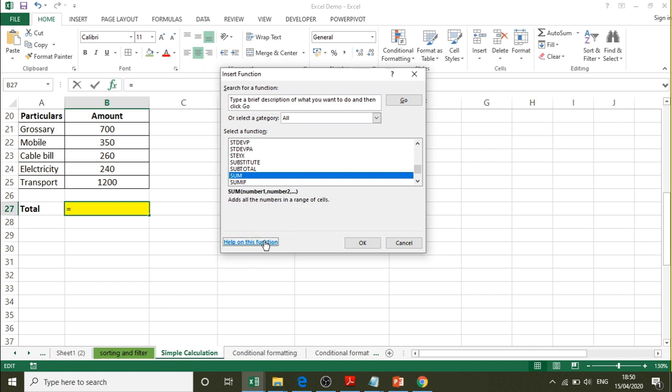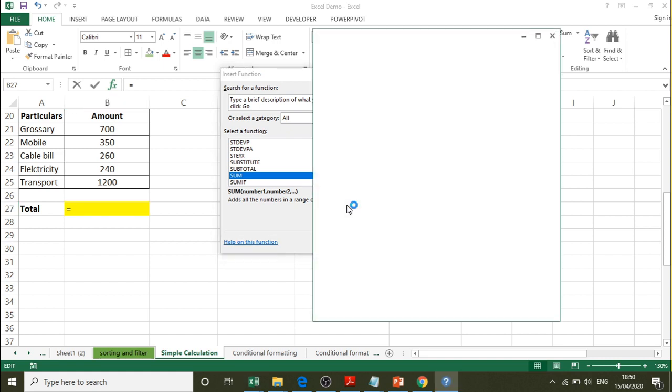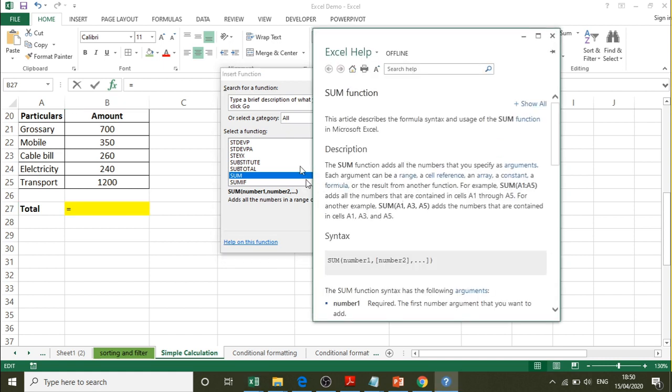You can also click Help, and it will show the help in Excel on how you can make use of the function. Like this you can get help for any function. You can get the details of how the SUM function is working and how you can make use of it.